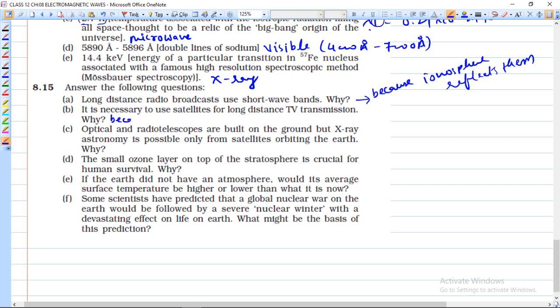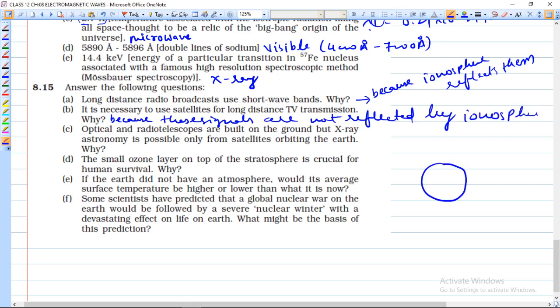बिकॉज these signals are not reflected by ionosphere। अच्छा, थोड़ा सा आपको नॉलेज दे देता हूँ, ये हमारी अर्थ है, आप यहाँ पे हो, आपको अपने दोस्त को यहाँ पर मैसेज भेजना है, तो क्या दौड़ते हुए जाओगे और मैसेज दे के आओगे, ऐसा नहीं। ये आयोनोस्फीयर है, तो यहाँ से हम इंफॉर्मेशन भेजेंगे तो रिफ्लेक्ट होकर यहाँ पे आएगी। लेकिन अगर ये आयोनोस्फीयर को चीरती हुई चली गई तो फिर हमें यहाँ पे क्या रखना होगा बच्चों, सैटेलाइट, तो सैटेलाइट लेगी और देगी इंफॉर्मेशन।